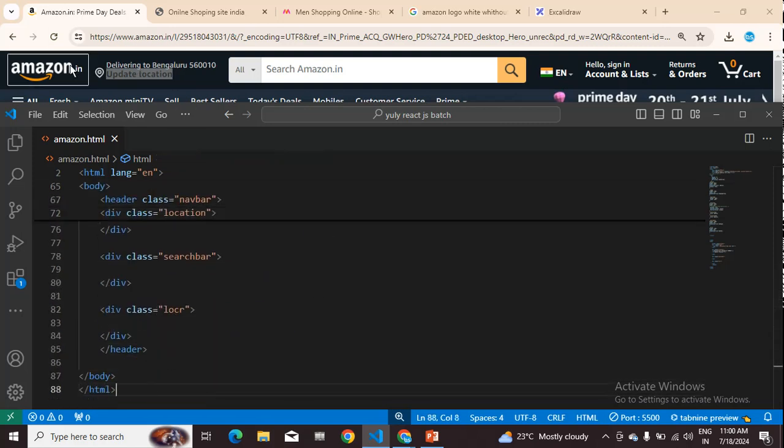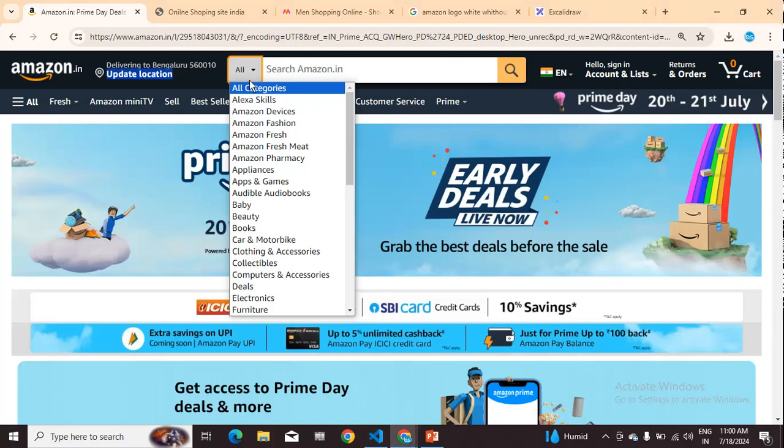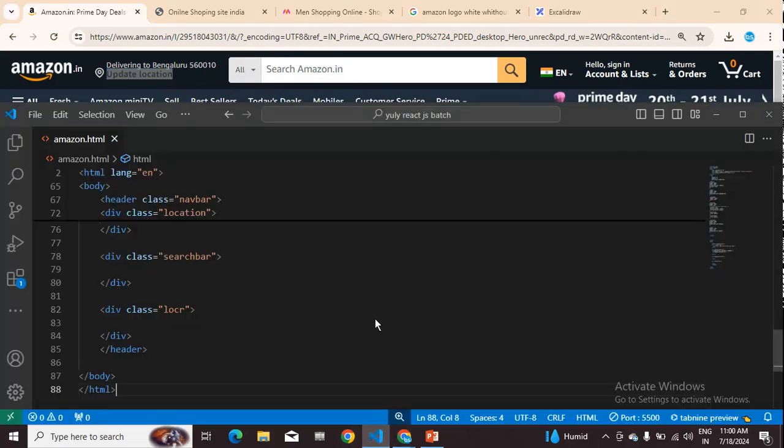Okay, this hover effect and all, you don't need to worry. So now what we'll be doing, again, we need to design this one. So how to do that? This one and all you don't need to worry, we will just take a static web page. Okay, so what we will be doing,